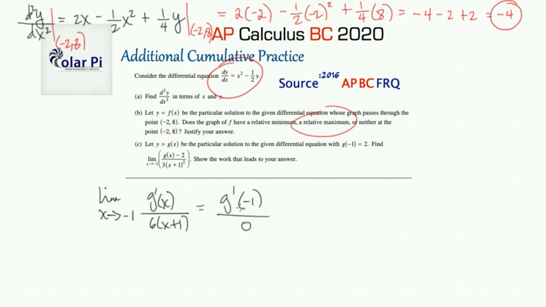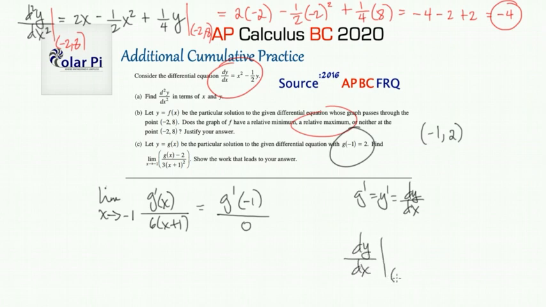Okay, g prime of -1. Well, how do we do that? Oh yeah, they said that y is equal to g, so g prime is really equal to y prime, which is really equal to dy/dx, right? And so they're saying we can plug in dy/dx, but we need x and y. Yes, this here means the same as the point (-1, 2) is on the function g. Got it. So it means that we could take dy/dx and evaluate it at (-1, 2), and when we do,